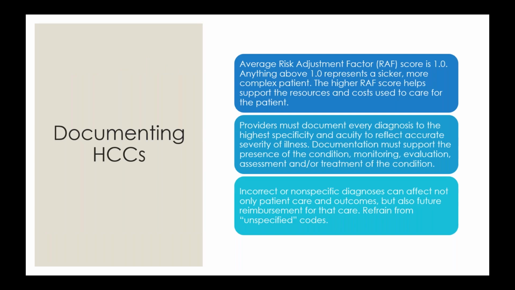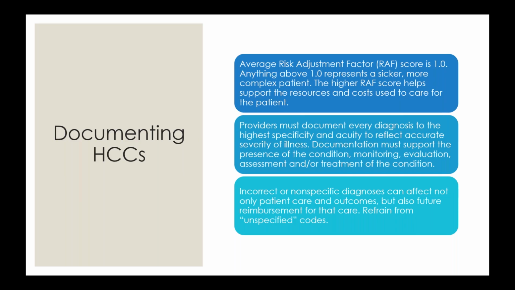And so going in for that documentation of the HCCs, your average risk adjustment factor score is 1.0. Anything above 1.0 represents a sicker, more complex patient. The higher the RAF score, it helps support the resources and costs used to care for the patient. And providers must document every diagnosis to the highest specificity and acuity to reflect accurate severity of illness. Documentation must support the presence of the condition with that monitoring, evaluation, assessment, and/or treatment of the condition, because